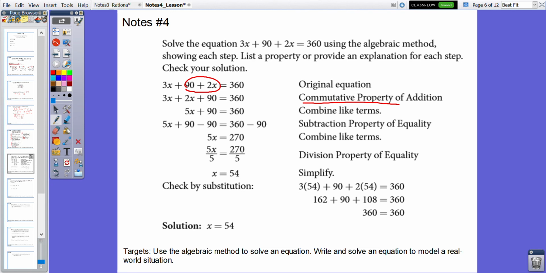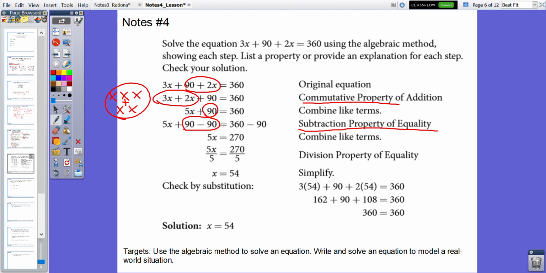The next thing we do is we combine the 3x and the 2x because they are like terms. They both have an x. We have 3 x's, and then we have 2 more x's. That gives me a total of 5 of them, which is what results here. Okay? Now the next thing we want to do is, because we don't know what x is, we want to be able to eliminate as many non-x terms as possible. So the only non-x term we have on the left side is 90. Okay, because it's a positive 90, I'm going to subtract using the subtraction property of equality to make this 90